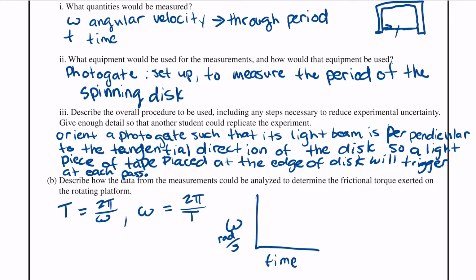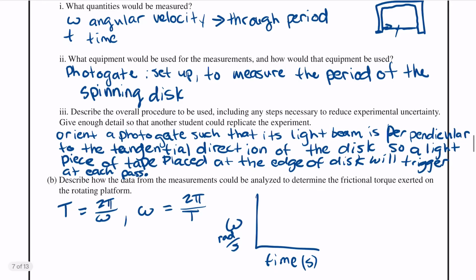And we're going to get these time markers from each photo gate marker. So for whatever period we're getting an angular velocity data point from, we're going to use that marker from the photo gate as our time marker. And then we're going to go ahead and start plotting. And what we should start to see is that initially, our initial data points for angular velocity are going to be somewhat higher. And then over time,